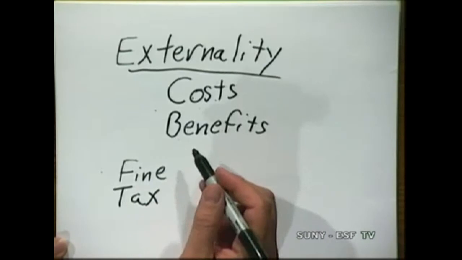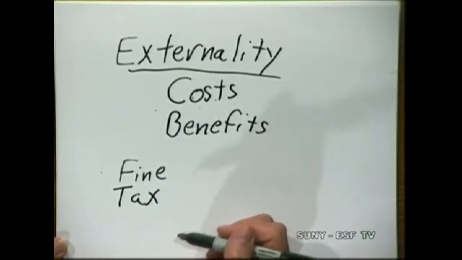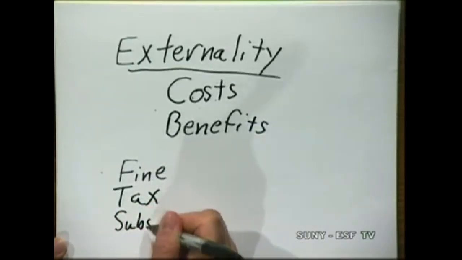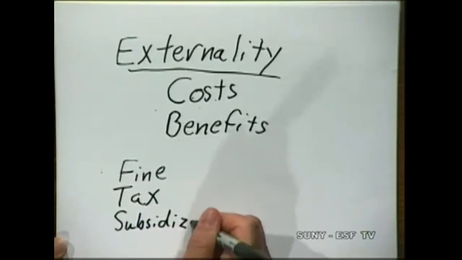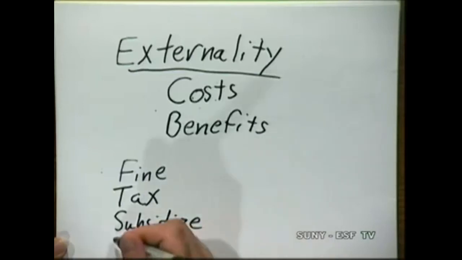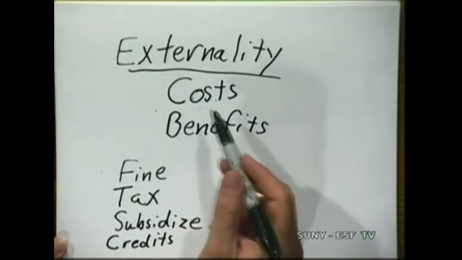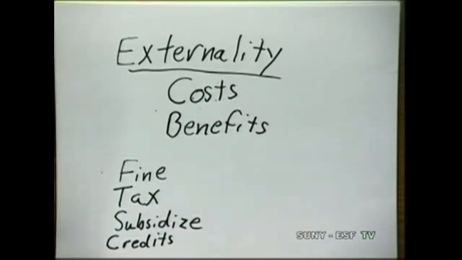How about for the benefits that aren't accounted for? Like your wetland. You got a wetland, you're getting nothing for it. You could subsidize somebody. You could give them, for example, tax breaks. You could also give people credits that they could trade for polluting. This would go back to maybe the emissions, the costs. You could give them credits that say you can emit this much, these many pollutants, and they could trade them. If they weren't able to get to that level, they could buy more. If they could sell them and make some money. And this is becoming more and more popular. So again, these are methods